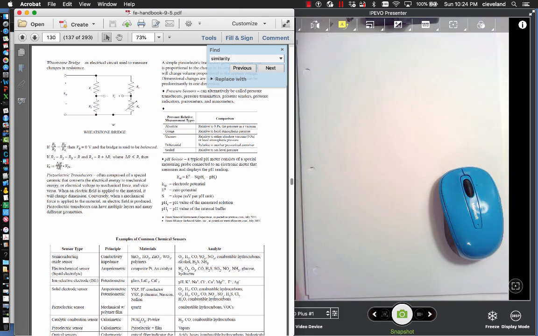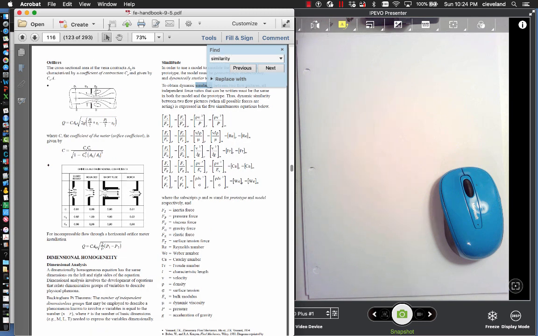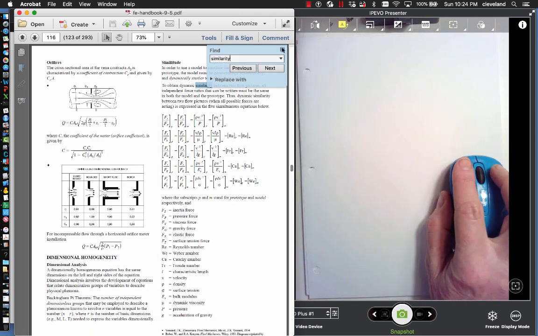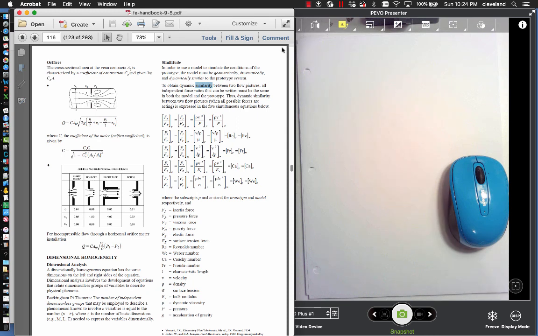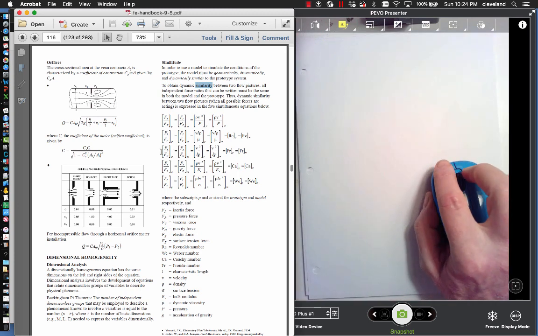S-I-M-I-L-A-R-I-T-Y. And we find the similitude. So in order to use a model to simulate conditions, the model must be geometrically, kinematically, and dynamically similar. To obtain dynamic similarity between two flow pictures, and so on. And the one we're interested in,